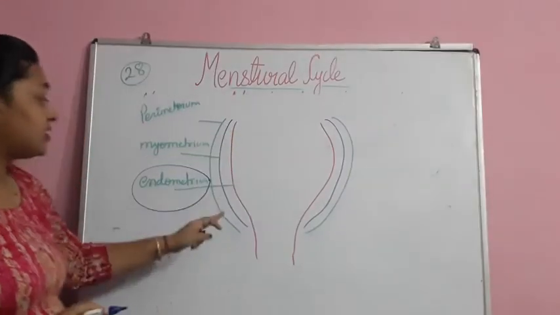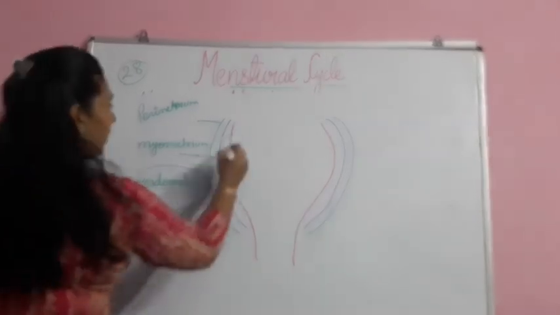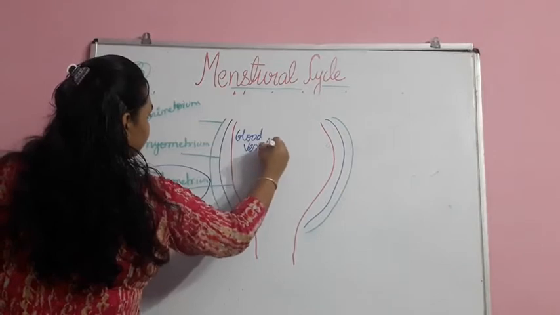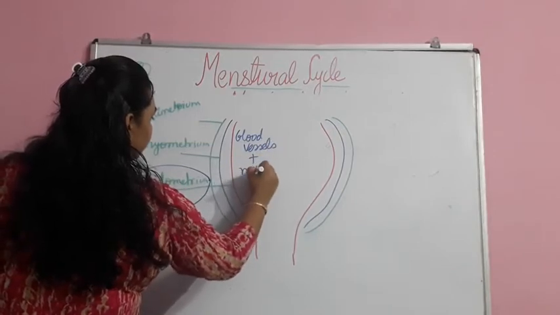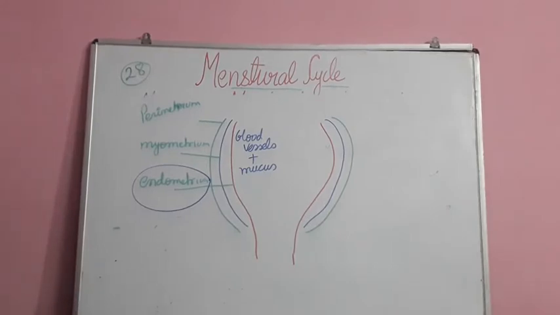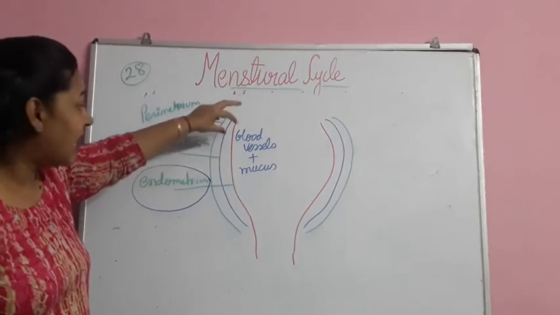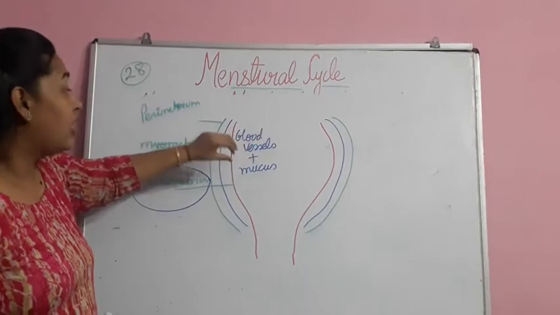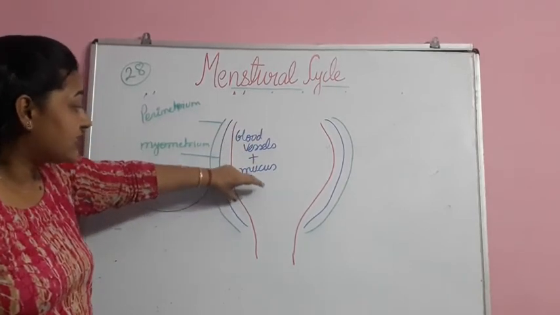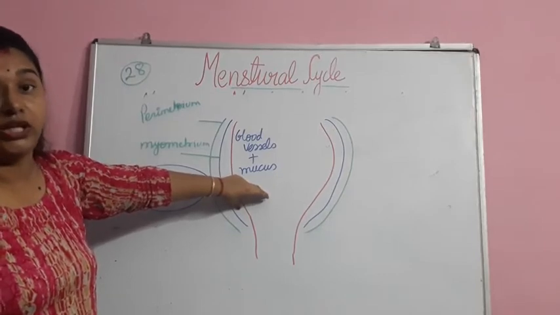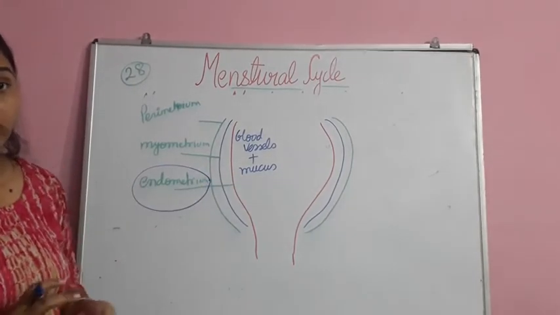As we have discussed, this endometrium layer is made up of blood vessels plus mucus. So now what is going to happen in this case? The blood vessels will start getting thicker and thicker. It always tries to get thicker to provide cushion to the embryo, a proper support to the embryo,